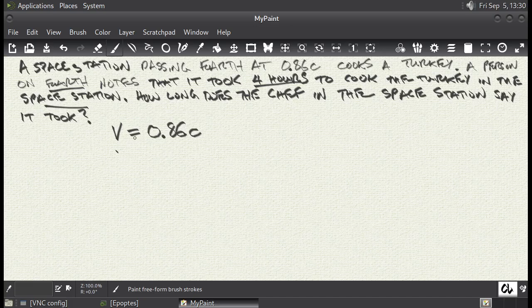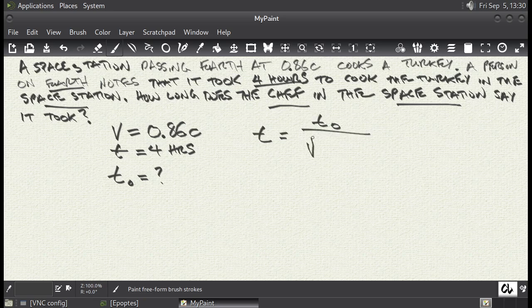So they are recording an event which takes place in a different frame of reference. Therefore, the time that we have measured of 4 hours is in fact t, not t naught. Now we're asking the chef who is in the space station where the turkey is actually being cooked. What time is that? And that's t naught. Therefore, when we write the equation out,